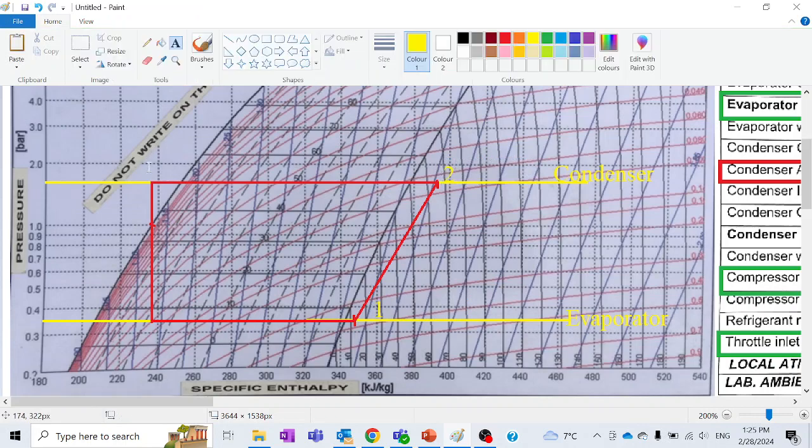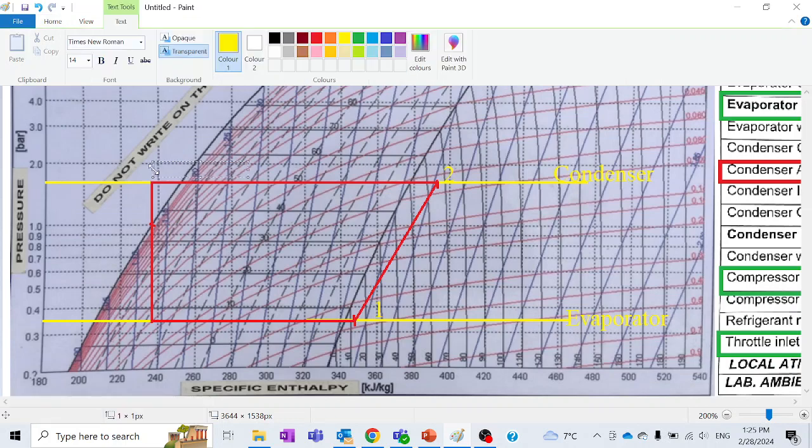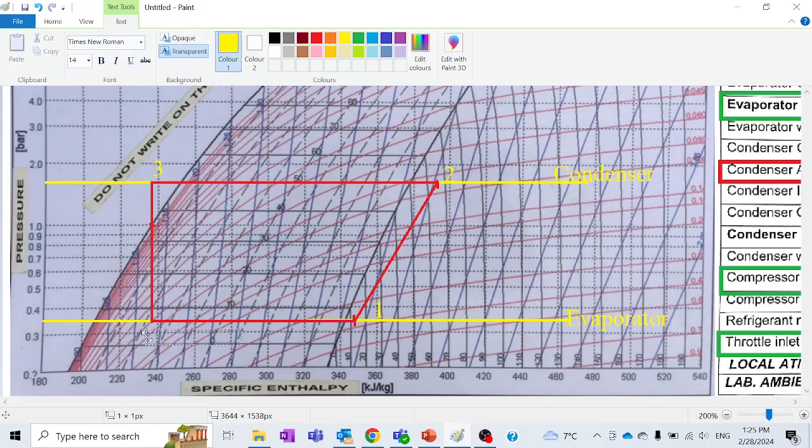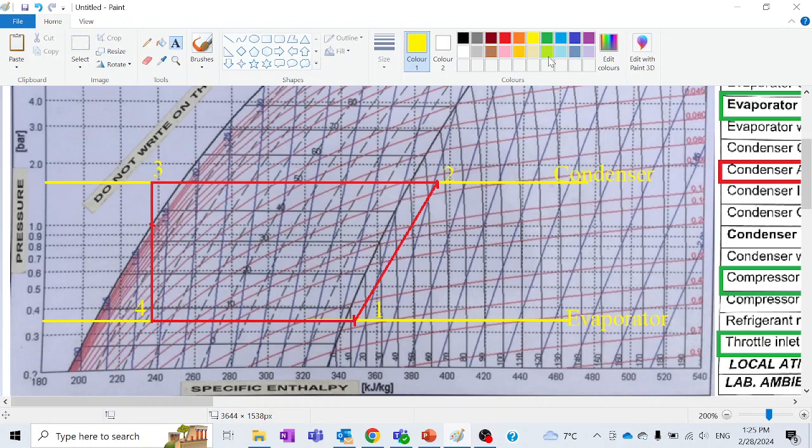From here, point 3 is the entry into the throttling valve, and finally the exit from the throttling valve, or inlet into the evaporator, is point 4, and it is here. So we have traced all our complete lines. And now we have traced our complete refrigeration cycle